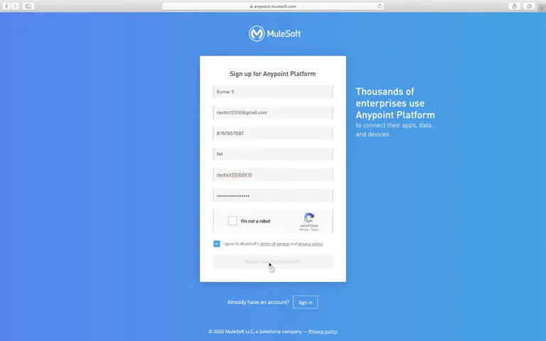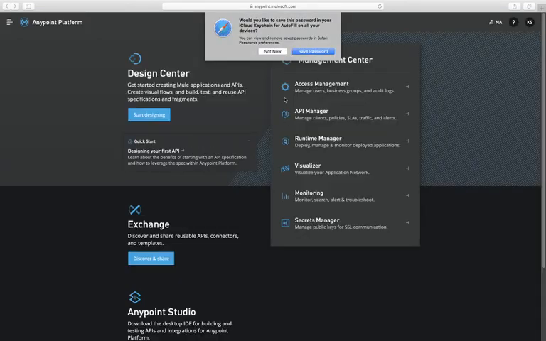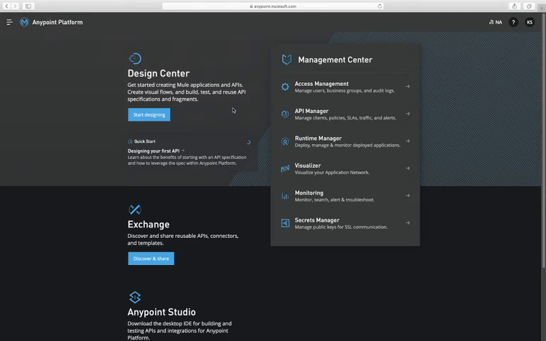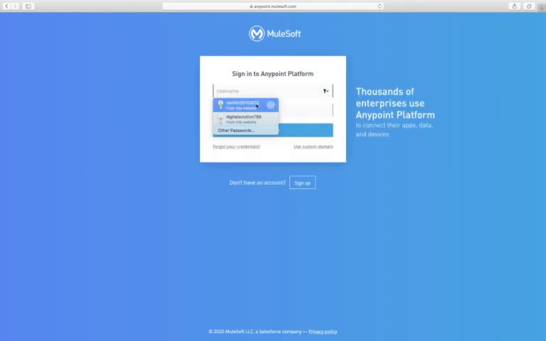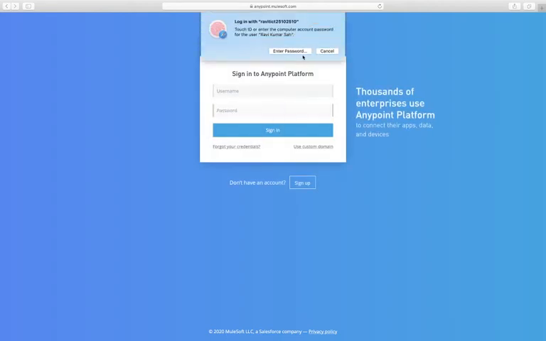Then accept and create the account. Once you create your account, you will be logged in. If you want to log in again, just go here, sign out, and then, okay, let me do it. I already saved it.